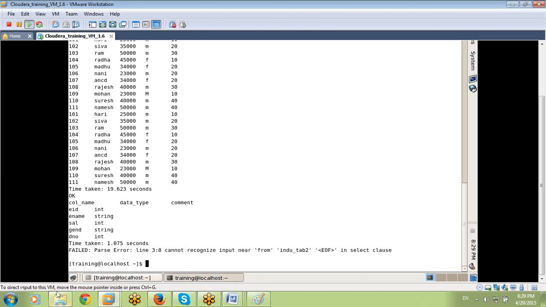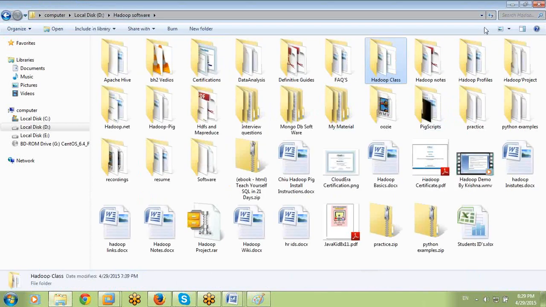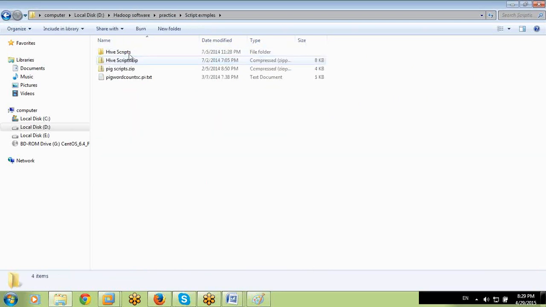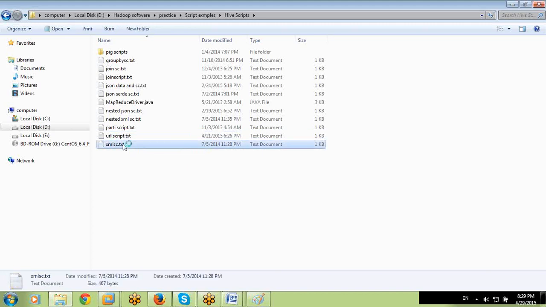Now, I already shared some scripts in the material. See, I created a couple of scripts. Practice script examples, Hive scripts. I already shared this notepad. Go to this notepad in your received Hive material. Today, just now we completed the XML script, right?